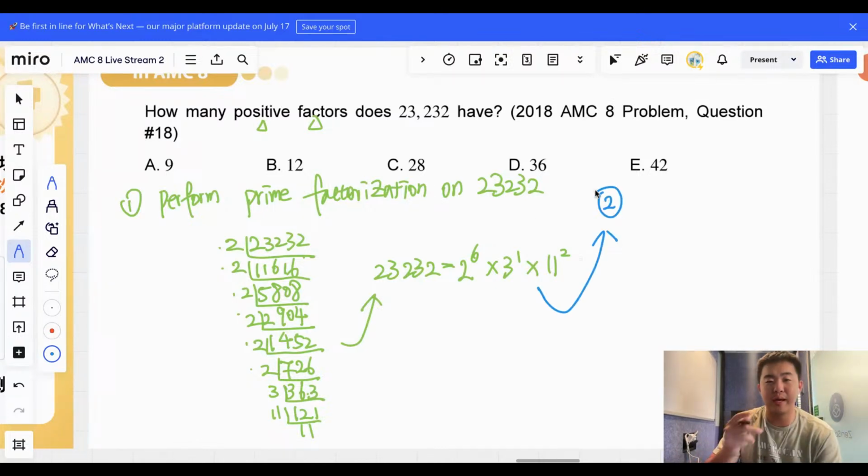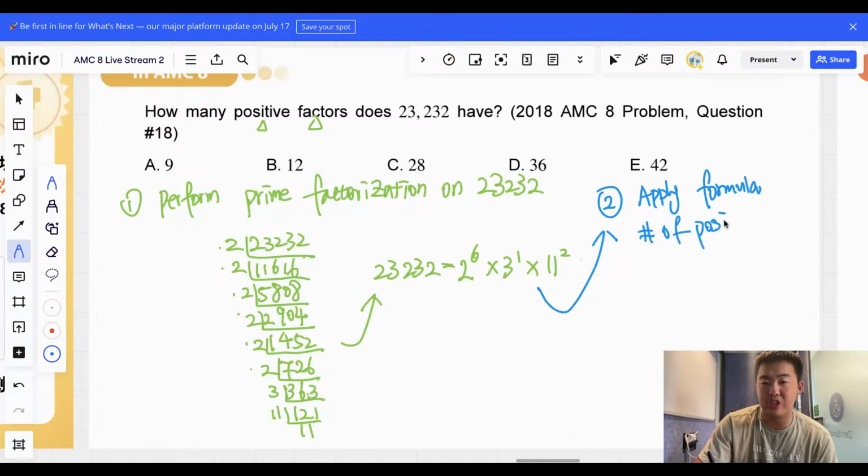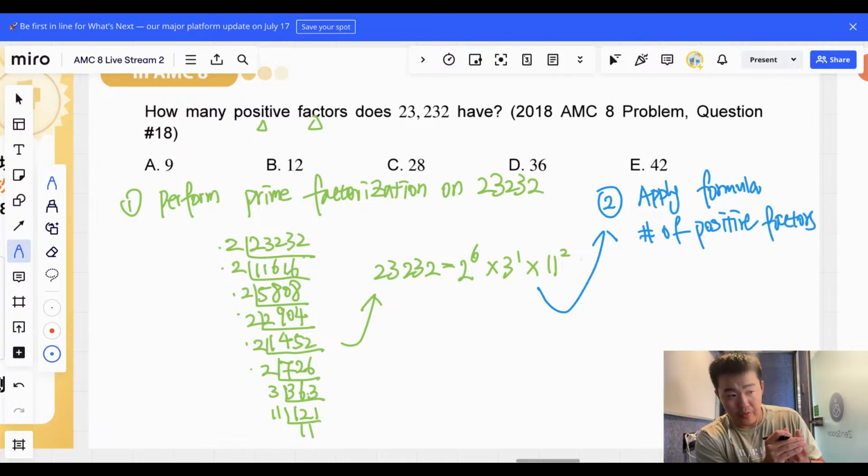I will use arrows. Okay, so it's asking for how many positive factors. Remember that this is a step of applying the formula. So I will say apply formula here. The number of positive factors of an integer is equal to all the exponents of the prime factors add 1. Then we find the product of their multiplication. So number of positive factors of our number is